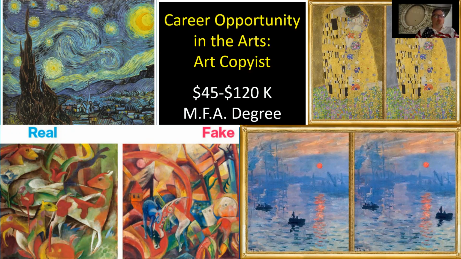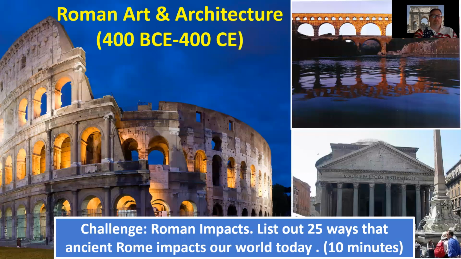Klimt is famous for gold work, and so you'll note the gray background kind of gives that one away. If you'll note below the Impressionists, by what was called Impressionism Sunrise, those are very similar in style, remarkable copyists. One, the one on the right, actually fooled scholars into believing that it was an actual Monet, and it made it into the Monet Museum. So that copyist was actually that good that it fooled Monet experts themselves. So that is a real job that's actually out there.